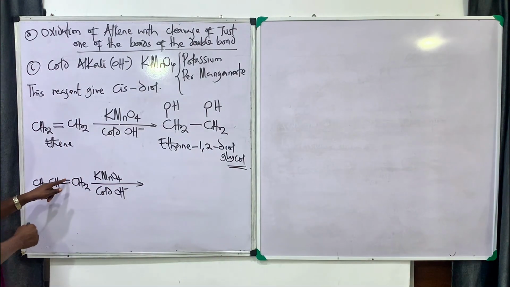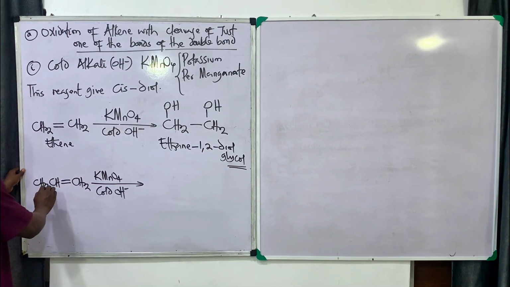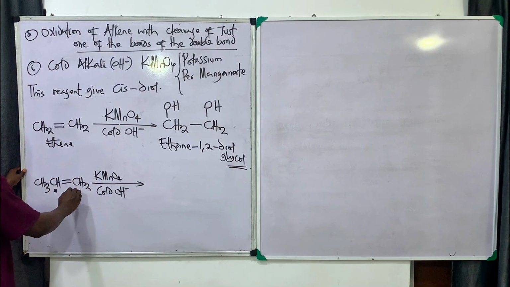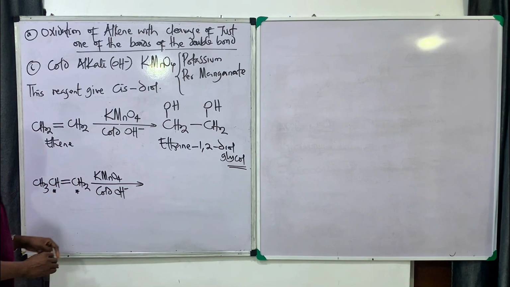Once again, one of these bonds will break, and OH adds here. I'm only interested in the two carbons of the double bond. I have no business with the other carbons. So once I break this bond, I add OH here and OH here. This becomes